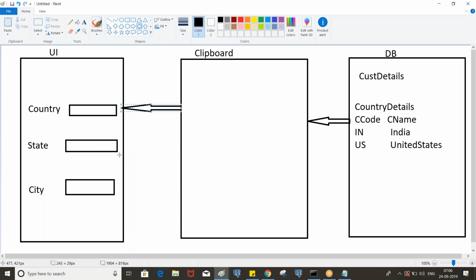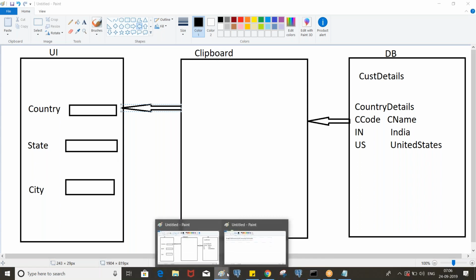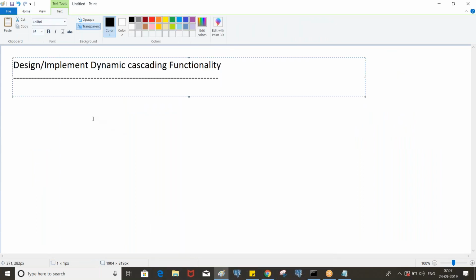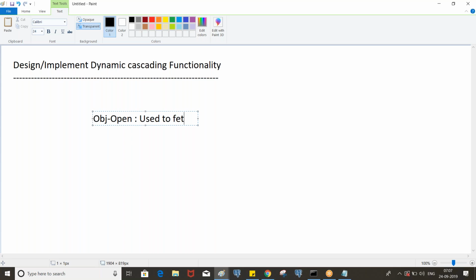Obj open is used to fetch a single record from the database to the clipboard